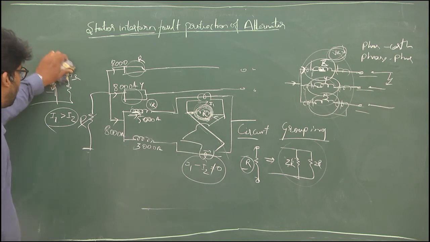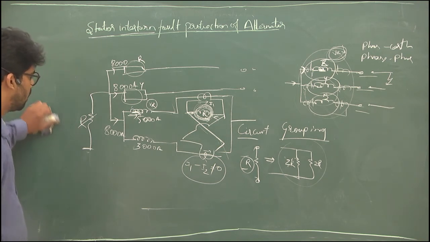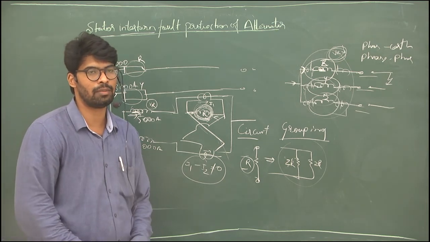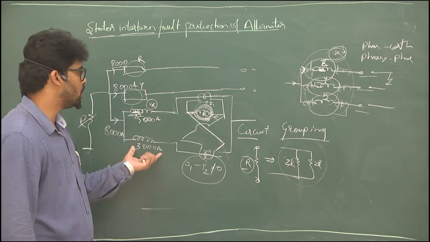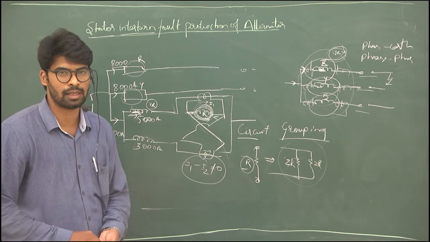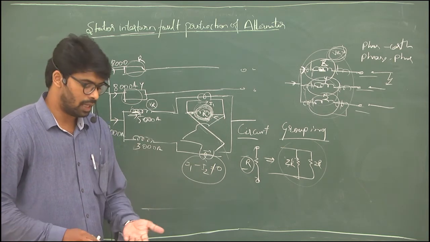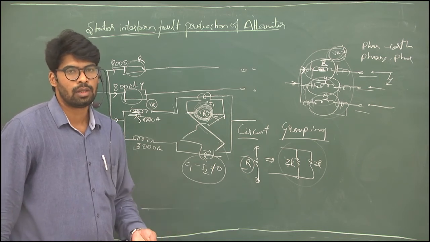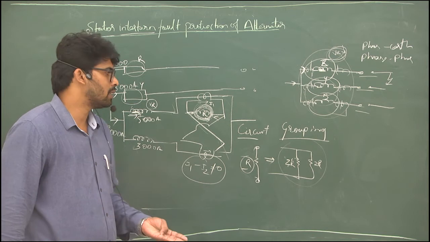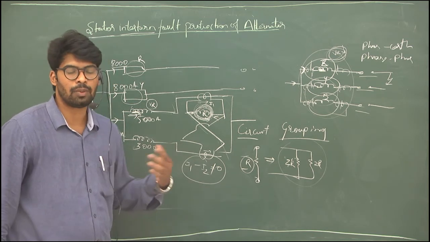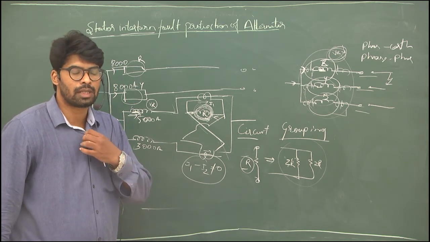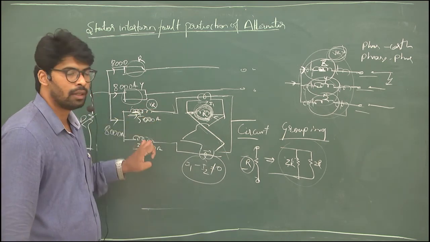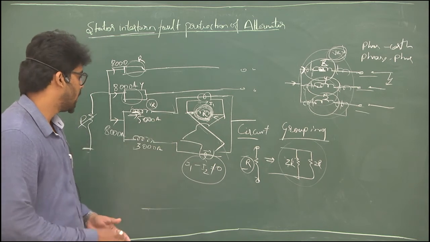The main problem of using this configuration is that not all generators can afford that much cost. If you introduce this, the cost of the generator will increase. We intend to do things in an economical way, so for all generators this is not possible. For large generators only, it is possible. In many cases, we use turbo generators. So where there is no possibility of this grouping, we'll go to another arrangement.